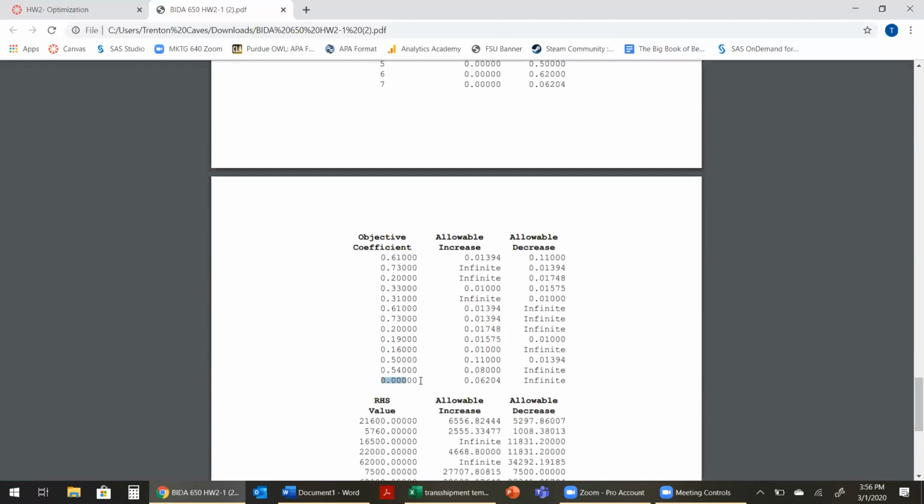And here's where you see the 0. This is our 0 for Y5, where the profit from selling Y5 is the same as the amount it costs to buy fabric 5. So the objective coefficient there is 0. And the decrease for that is infinite,